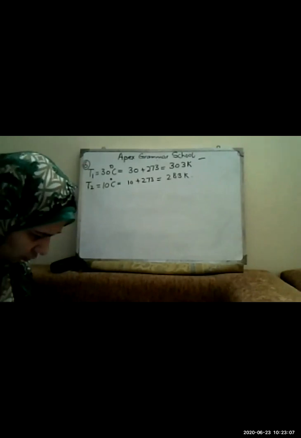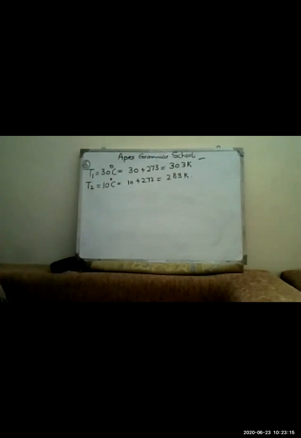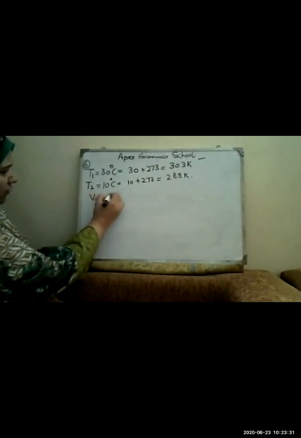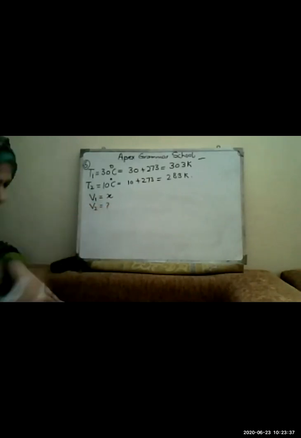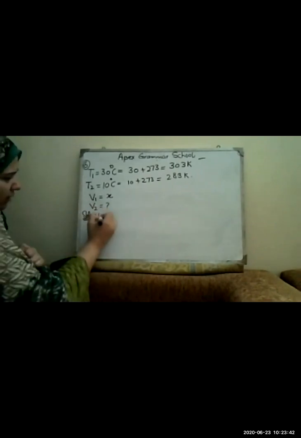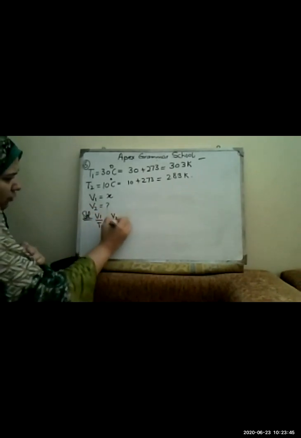We will now do it another way, part B. If not, then by what ratio will the volume decrease? So firstly, you have to determine, then you have to give the answer: if it is yes for the first one, that's okay. But if it is not, then by what ratio will the volume decrease? Now, we only have temperature with it. Now, what will we do? We will assume that V1 is equal to X and V2 we have to determine. Now, according to Charles' law, V1 over T1 is equal to V2 over T2.